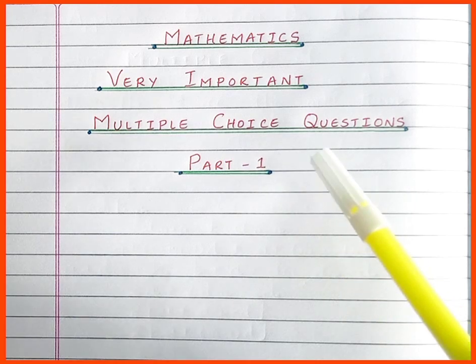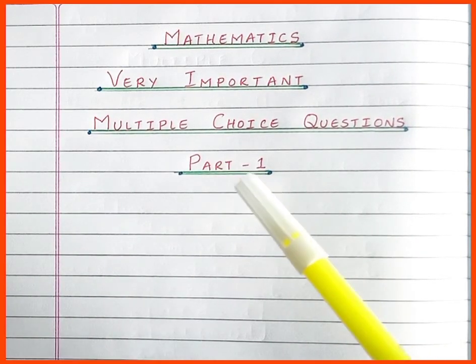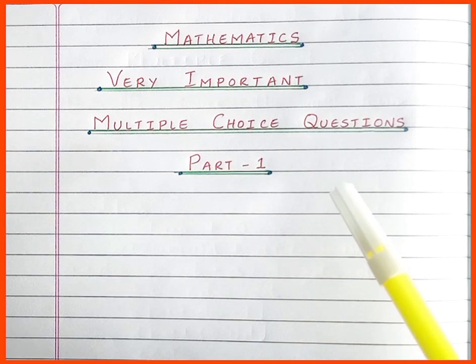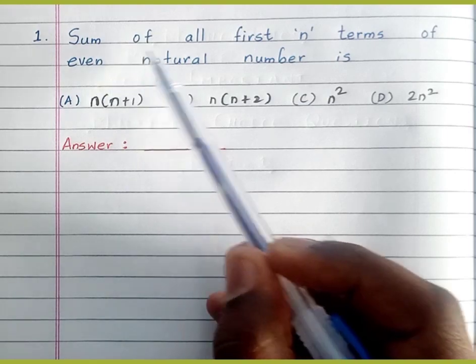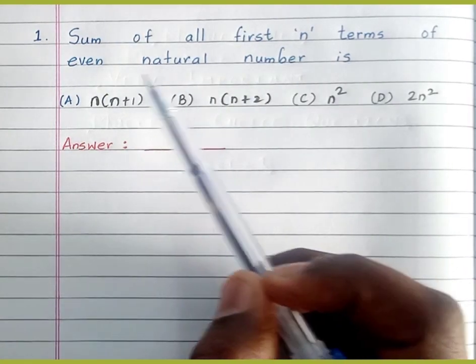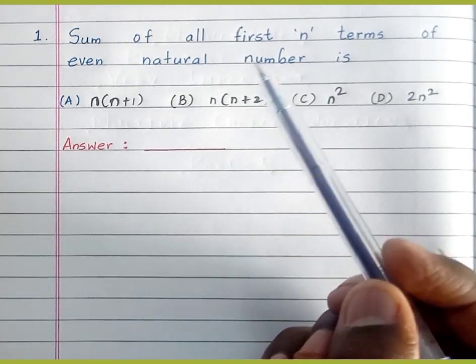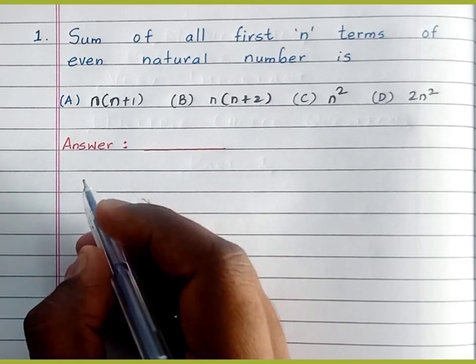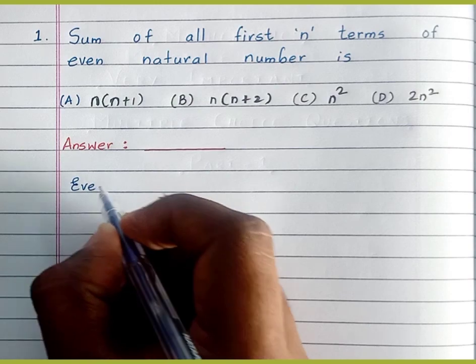In this video, we will discuss very important multiple choice questions from the examination point of view. It is part 1 of the video series. The first question is, the sum of the first n terms of even natural numbers is. Students, we know the even numbers are